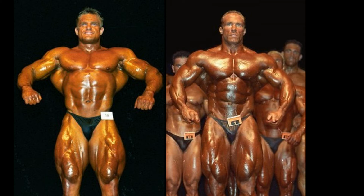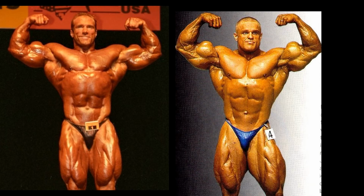But let's head into the mandatory poses and have a look at the front double bicep. And wow, just simply wow. Those are some biceps that Marco possesses. I really don't know how I could justify voting against him in a front double bicep pose. Having said that, I do like Mike Francois in the pose, but I also like Marco's